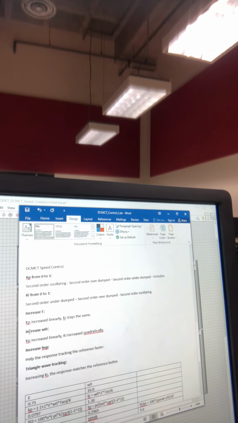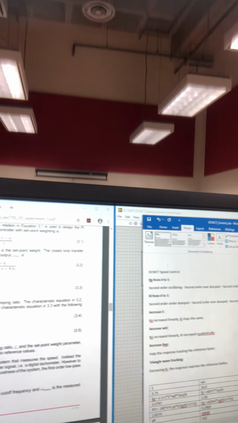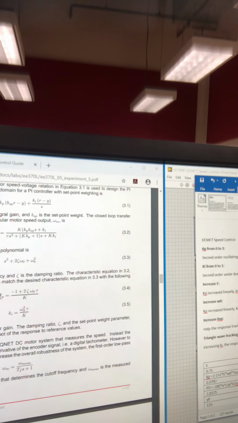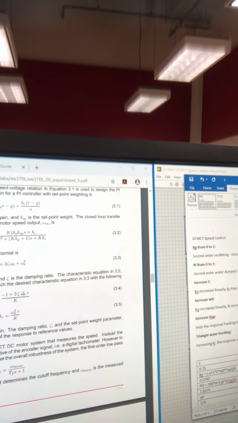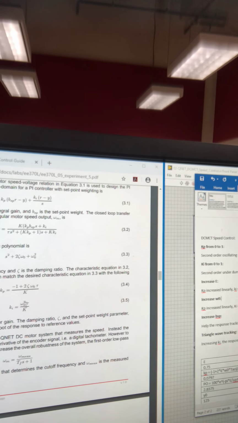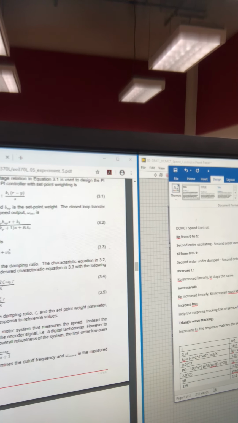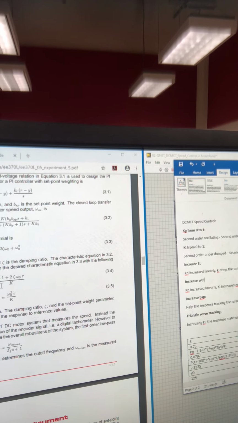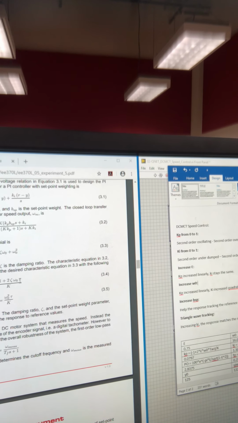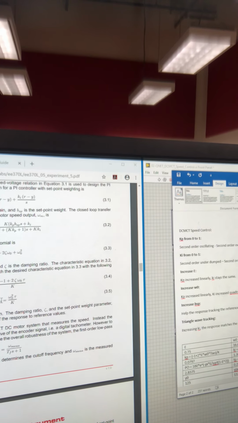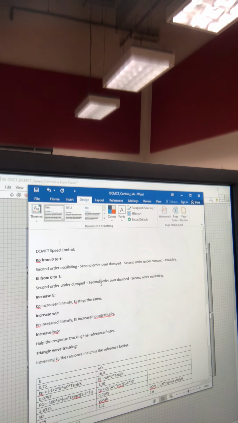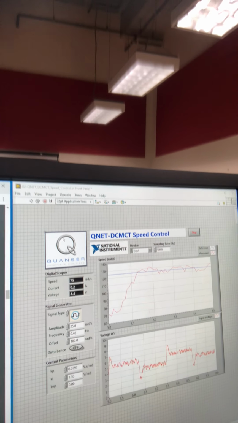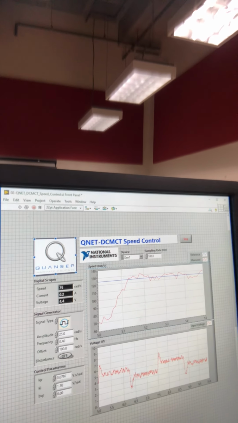And if we increase omega 0, we can see from these two formulas, Kp will increase linearly, but Ki has a quadratic proportion of omega 0, so Ki will increase quadratically. Then, if we increase omega 0, both Kp and Ki will be increased, which will lead to here. So we can see if we increase both Kp and Ki,